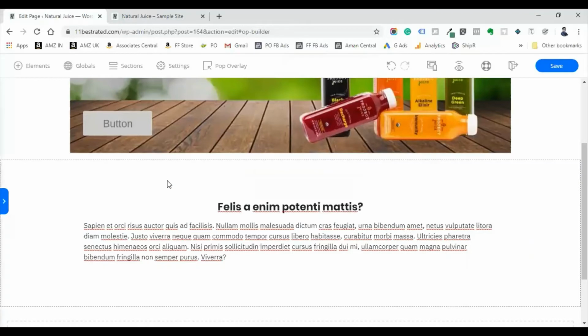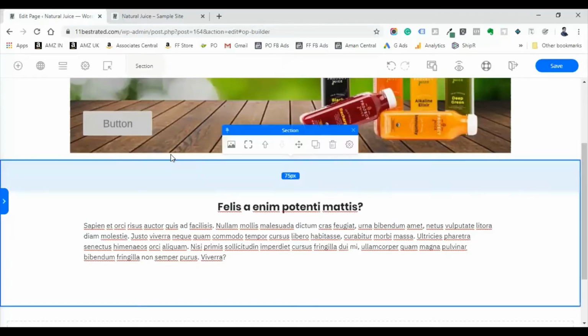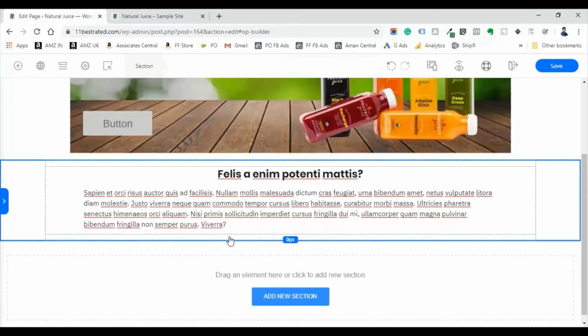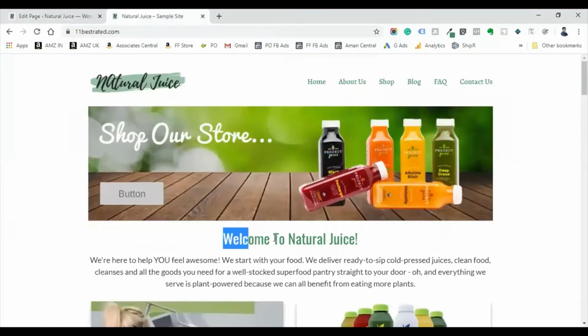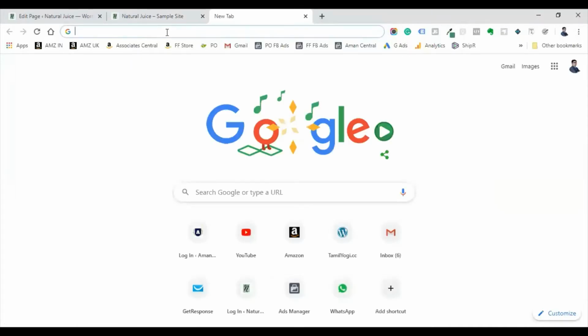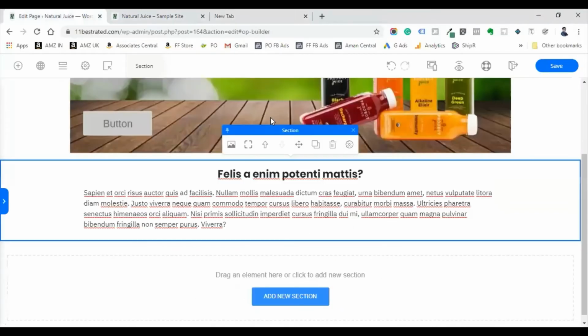Now we need to change the font and the content of this element. To do that, go here, copy this content. Whenever you copy content from a web page, it will come with that formatting, like color, font, everything. We don't want that. For that, either you can copy and paste it in the URL space here, and then cut it from there, or you can paste it in WordPad and take it back to your page, so that it will not have that formatting.